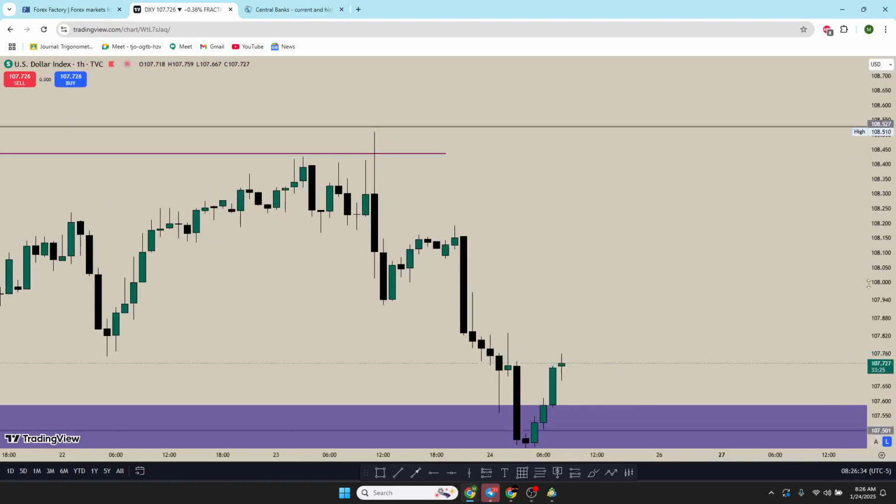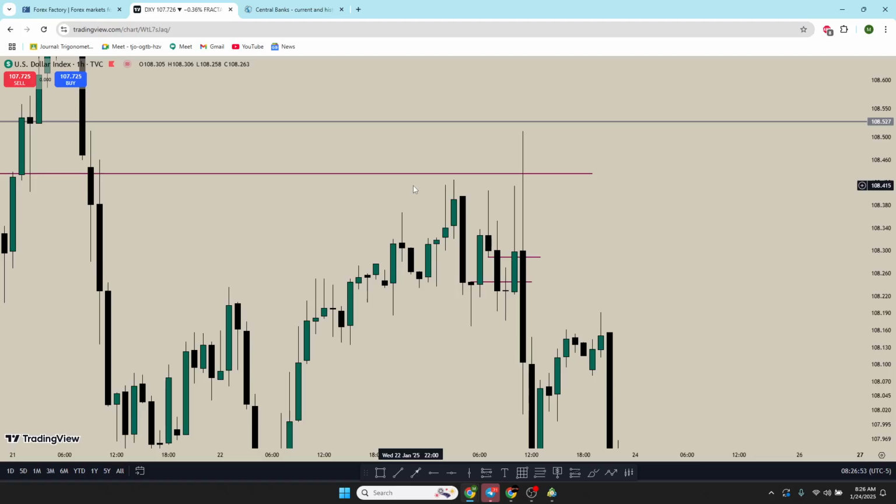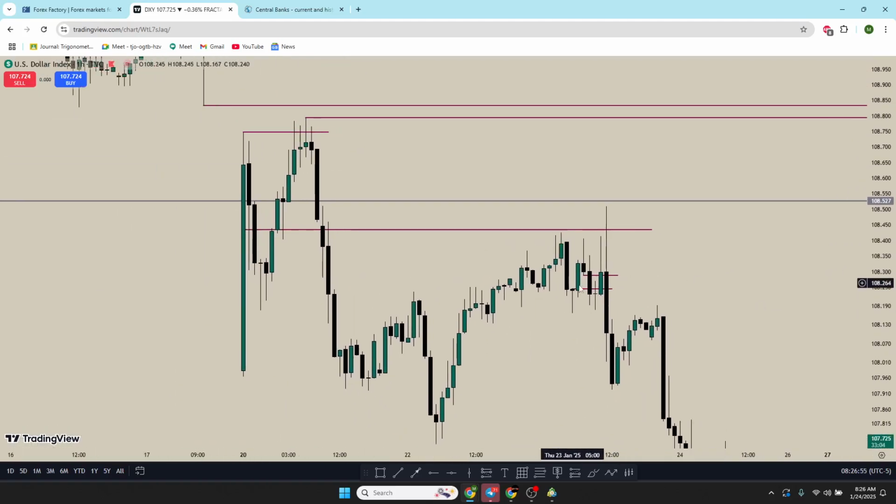Let's zoom into Thursday. I was looking at this fair value gap that got formed, which technically did what I said it would do. It would trade down into the fair value gap. It didn't take out this low. So from low to high, fair value gap. And then we rallied. But instead of rallying up into this fair value gap, now considered a breakaway gap, we